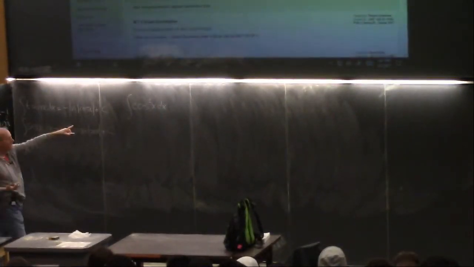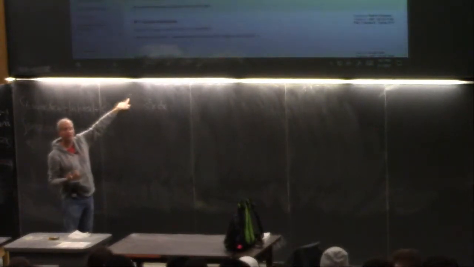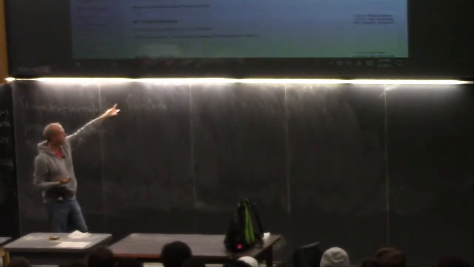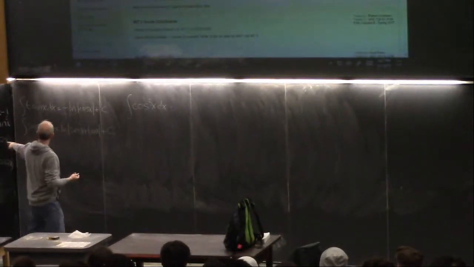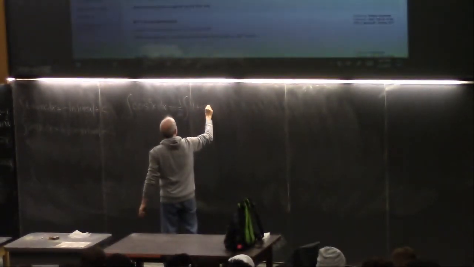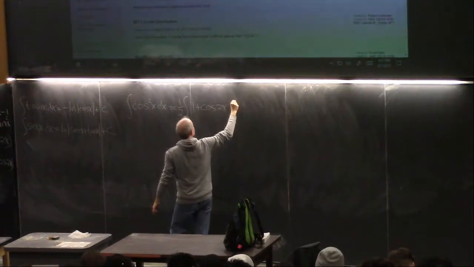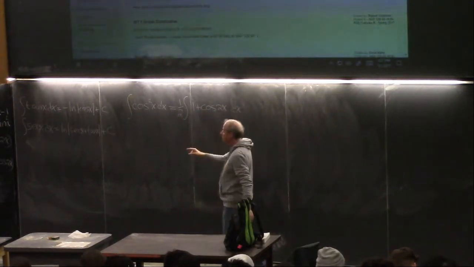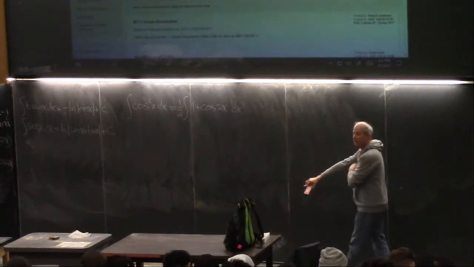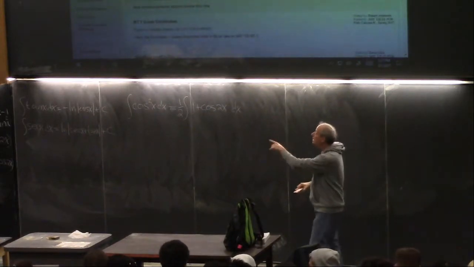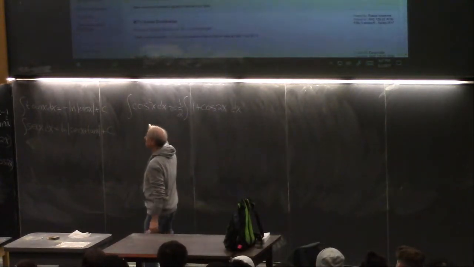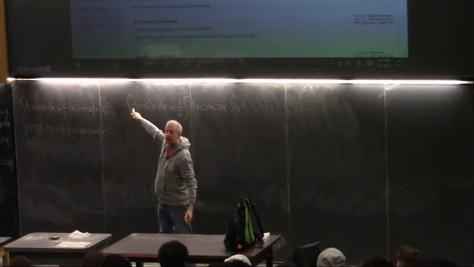So here, you can't do u substitution because there's no sine in there. And you can't do integration by parts because what would you do? So you could do this substitution, however, and put the half on the outside, 1 plus cosine 2x dx. So that's your substitution. Yes? Why not use the other one? Because if you made it 1 minus sine squared, you wouldn't be any better off.